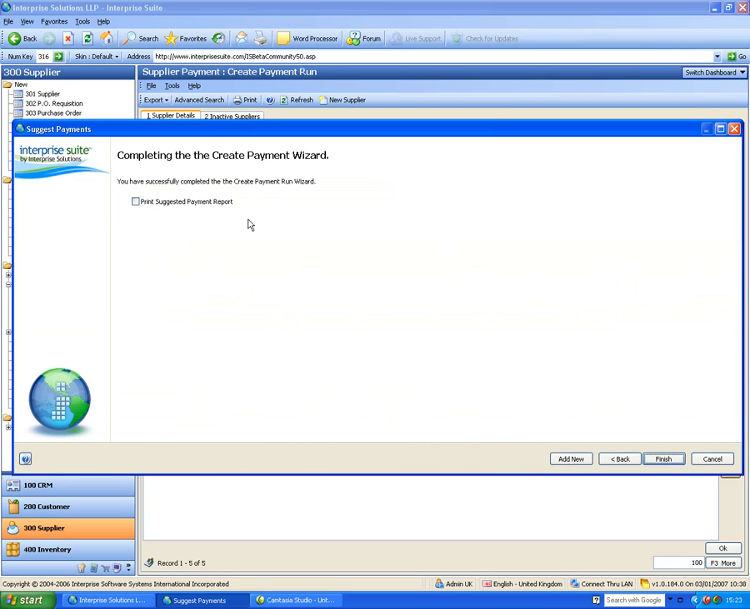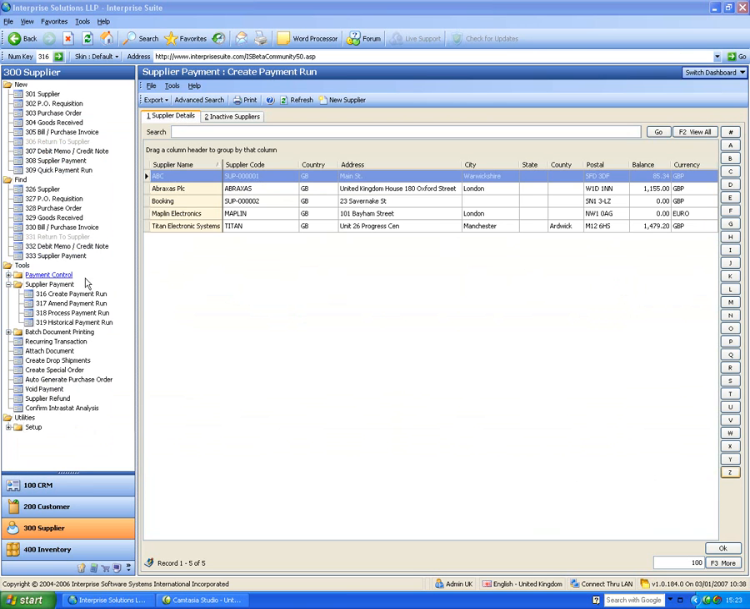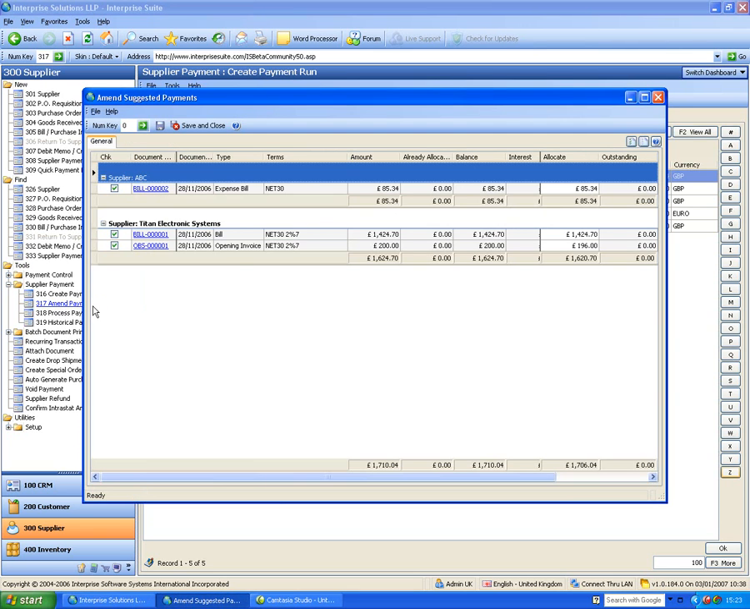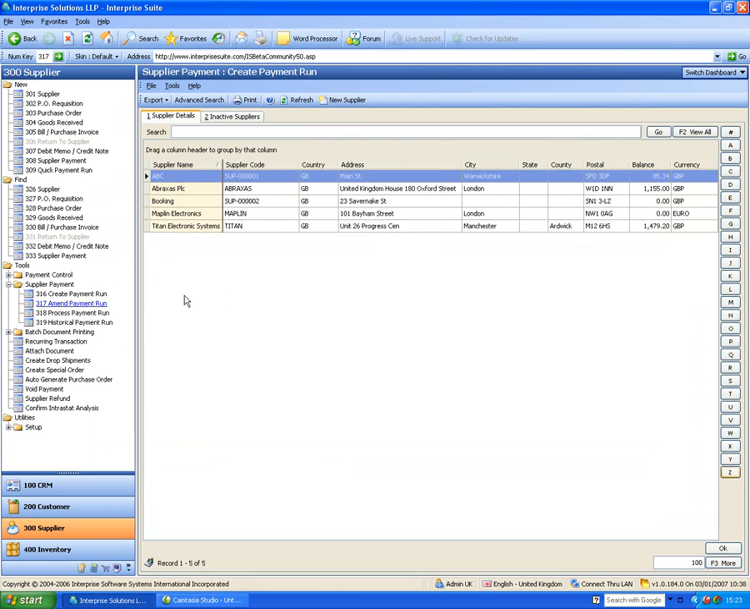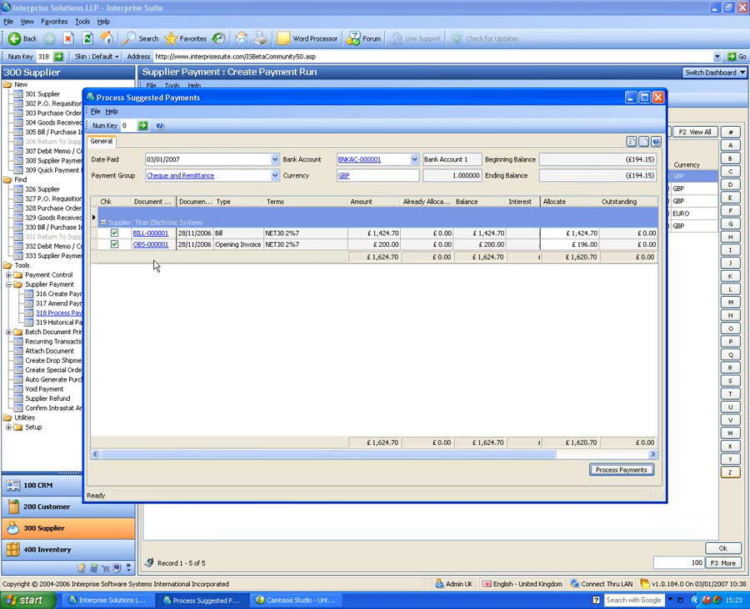I could, if I wanted to, print a suggested payments report, or I can just ignore it. Okay, so I've created the suggested payments report. I can now amend it if I wanted to, and now I can process it. I process these based on the types of payment that I do. So if this is a check and remittance, it's picked out the suppliers that I pay by check and remittance. So if I go process payments,